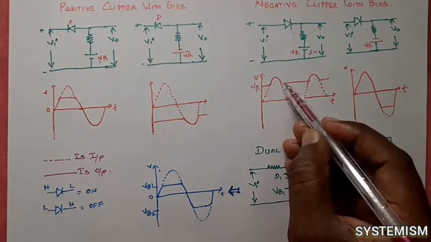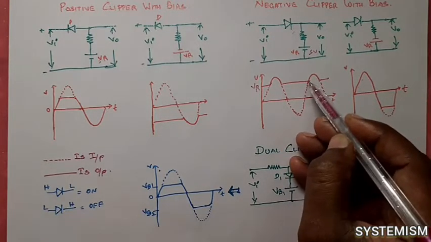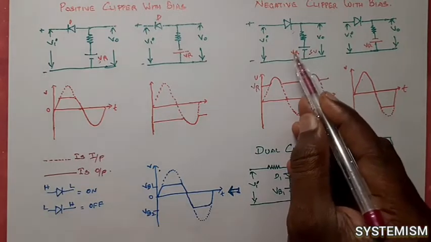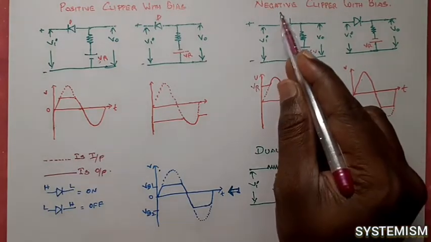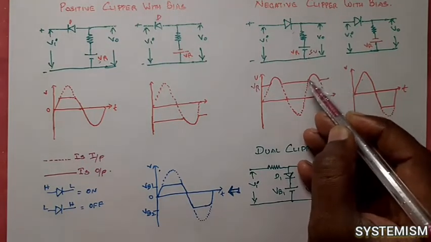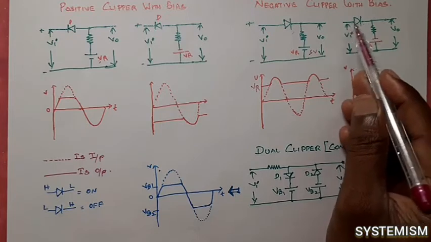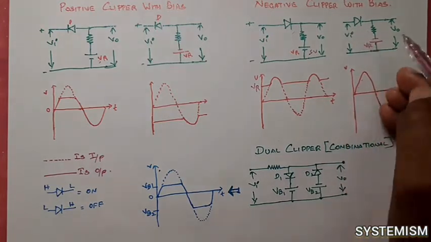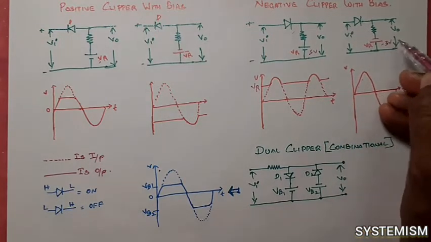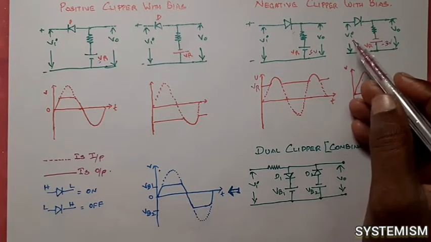Again, when your input goes to negative values, when your input value is more than the reference voltage, only then does the diode start to conduct, and only then will you get the signal in your output. In the same way, let me check what happens here. I am now giving negative values, that is, minus 3 volt. Let me check what happens to the operation of this circuit.